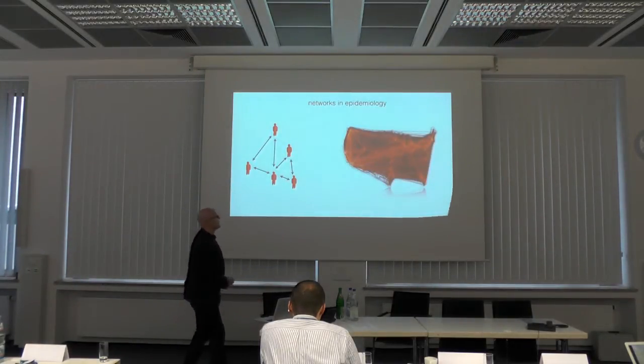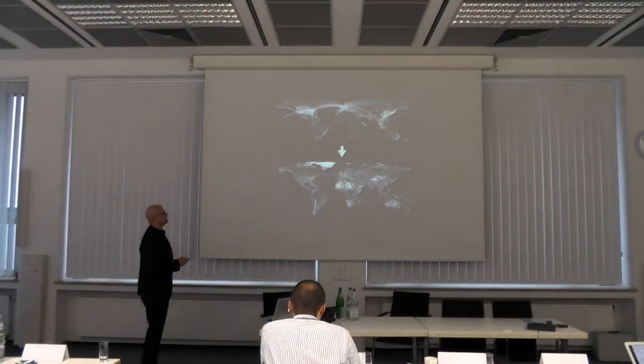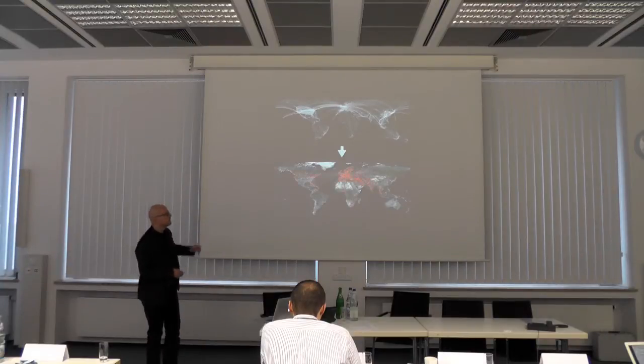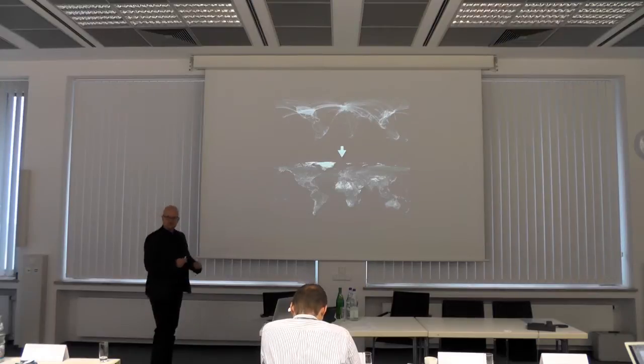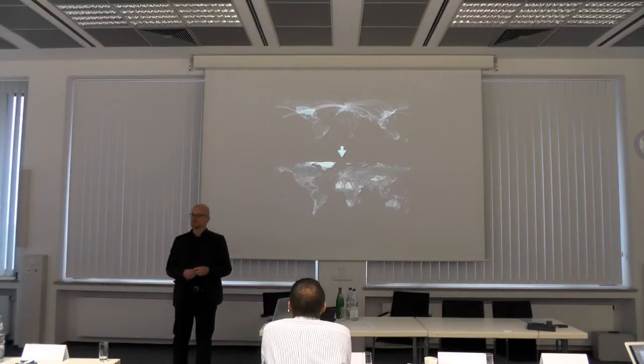And the next slide. Specifically, what we try to do mostly is, we look at mobility networks. For instance, this is the worldwide air transportation network, to which I'll come back in a second. And we try to understand how this network impacts global disease dynamics. This is a computer simulation of a hypothetical pandemic that starts in London.